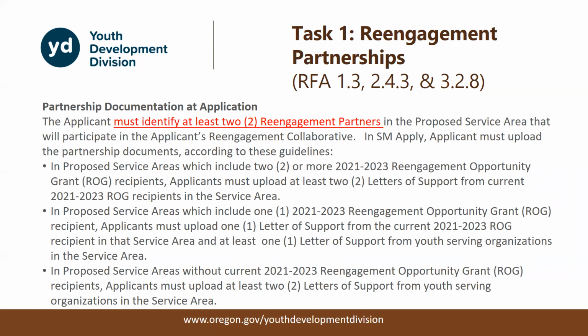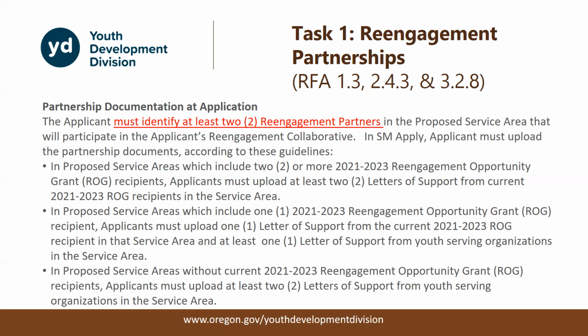So in a proposed service area, which includes 2 or more re-engagement opportunity grant recipients, an applicant must upload at least 2 letters of support for current 2021-2023 re-engagement opportunity grant recipients in the service area. If a proposed service area only includes 1 other re-engagement opportunity grant recipient, applicants will upload 1 letter of support from a current ROG recipient, as well as a letter of support from another youth serving organization in the service